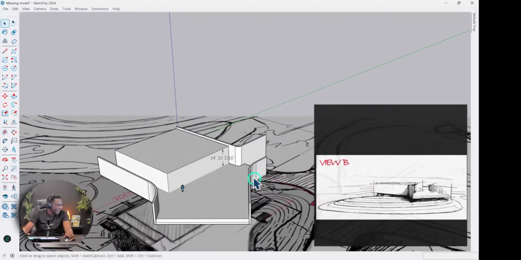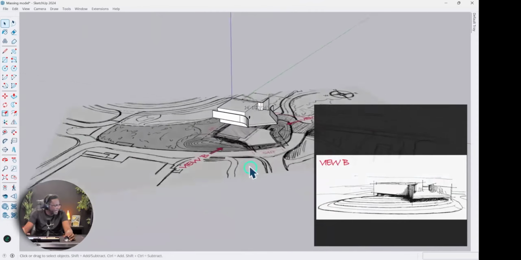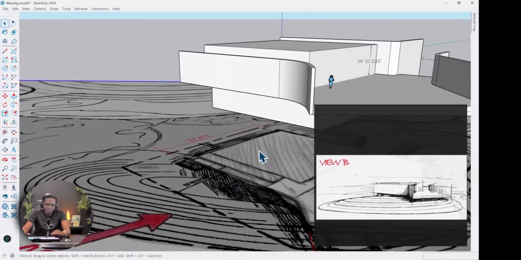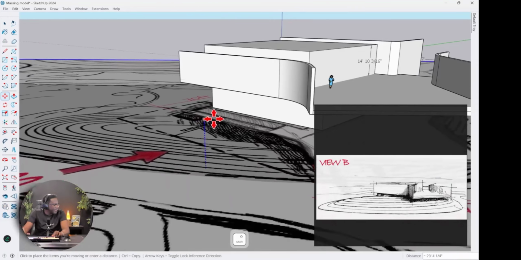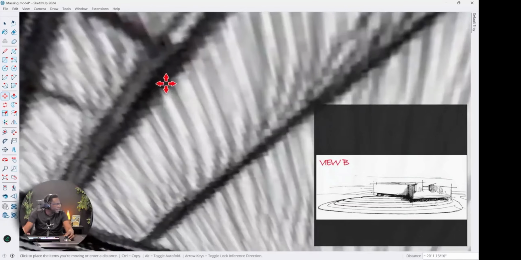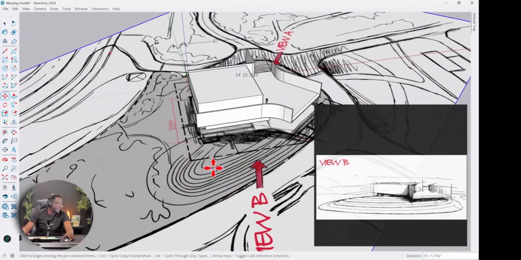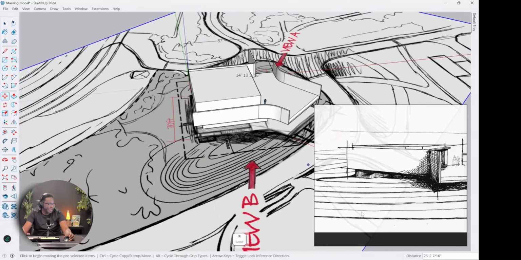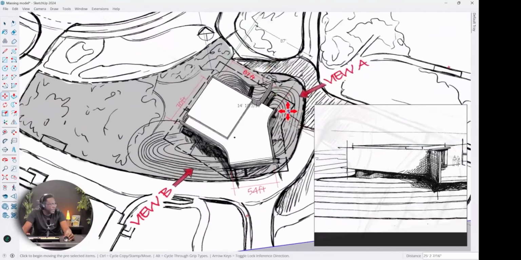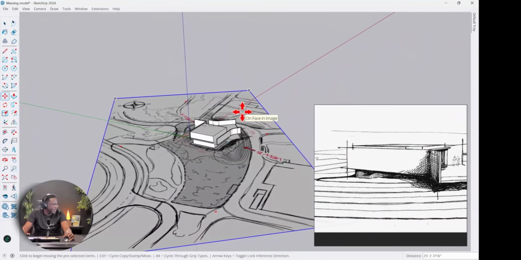So now that we have our building, now we need to create this terrain based off the sketch that we have here. So what we're going to do is carry back this base up. I'm going to move on the z-axis, and I'm going to try to place it right at this point here. There, right? So you can see where you have these terrain lines, and those would represent this hill that's going to be there. Now, because this is a sketch, we're not going to draw contour lines. We're just going to estimate where they would be, right?